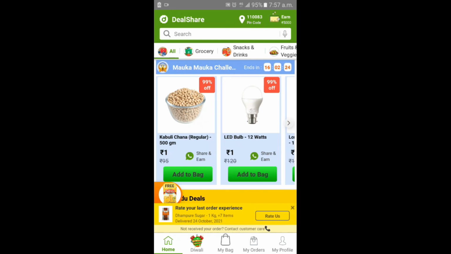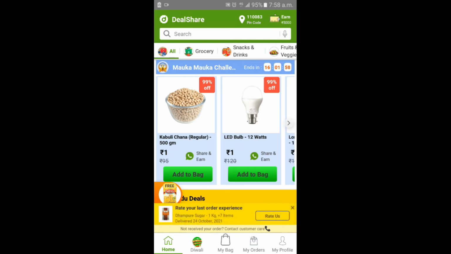That means no burden on buyer or no burden on seller. So if you purchase 500 gram chana for 1 rupee, obviously you have made a good deal of 99% discount.